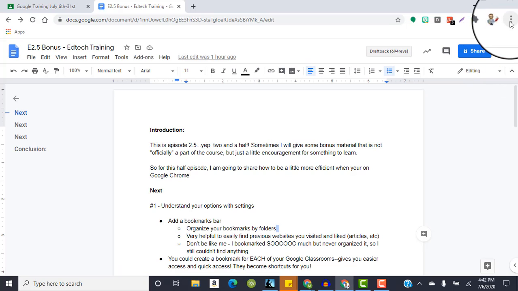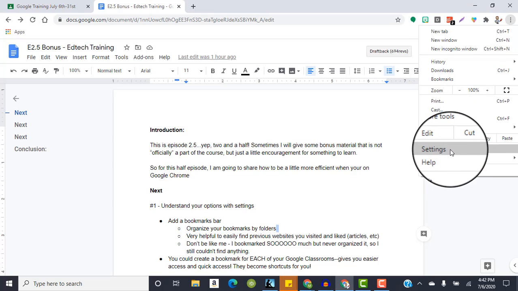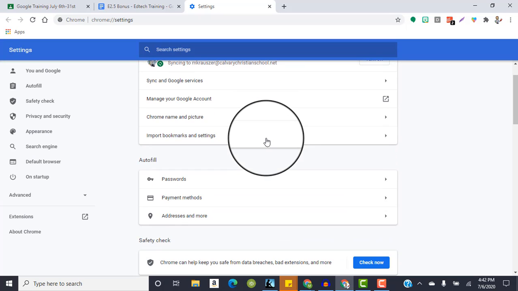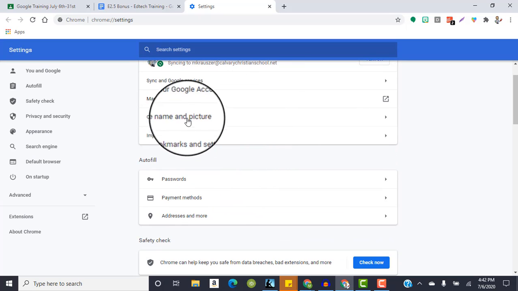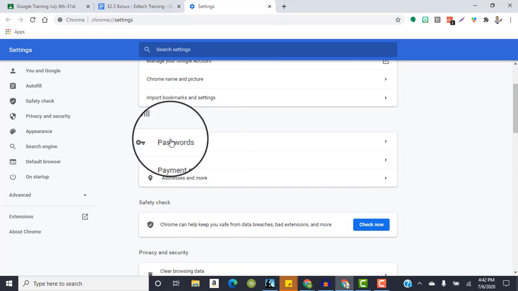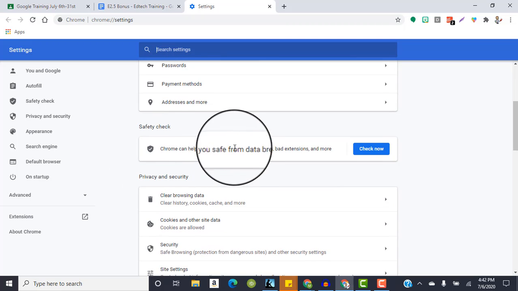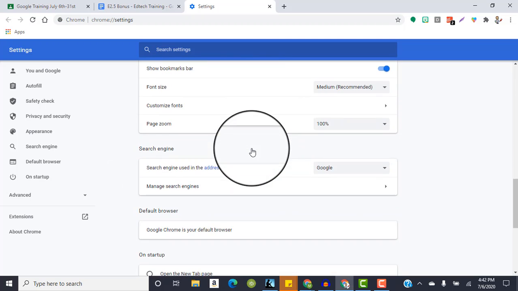It's so much easier. But right to the right of that little icon is the 3 dots, and if you click that and you scroll down to the bottom, you'll see settings. And so if you click on settings, there's a lot you can do here. You can manage your account, you can change your name and picture, you can import different bookmarks from other places that you've had, you can autofill your passwords, and you could also check what you already have autofilled. I'm not going to click on it because I have some that are autofilled, and you can check out what your passwords are. It's a little scary when you think about it because it can store all that information. You could have payment methods, so on and so forth,